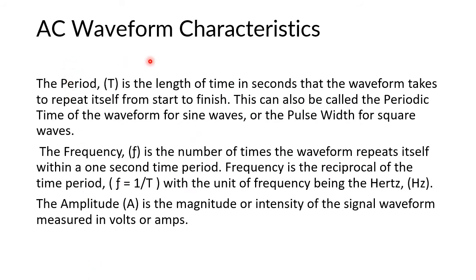AC waveform characteristics. Under this topic, we have to analyze three important parameters. The first one is the period or the periodic time. The second one is the frequency. The third one is the amplitude. What does the periodic time mean? The periodic time is the length of time in seconds that the waveform takes to repeat itself from start to finish. For example,